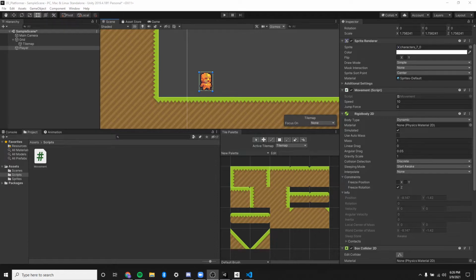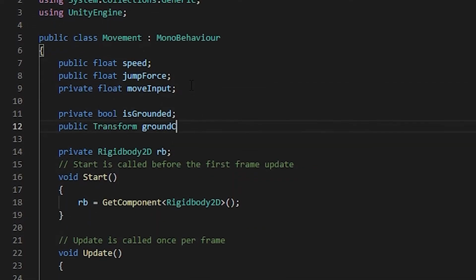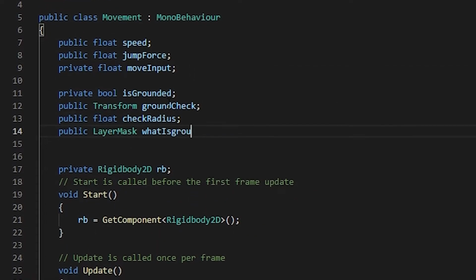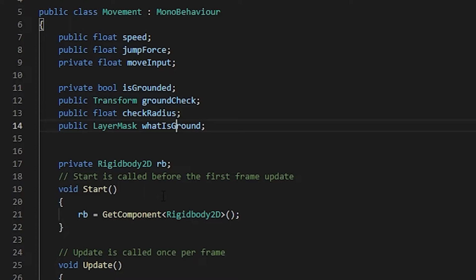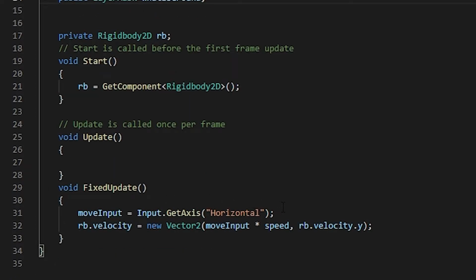To jump, we'll work on the isGrounded variable, which we will reference with 4 lines of code. These will work together to get what is and what is not ground. In the FixedUpdate, we will call isGrounded to be